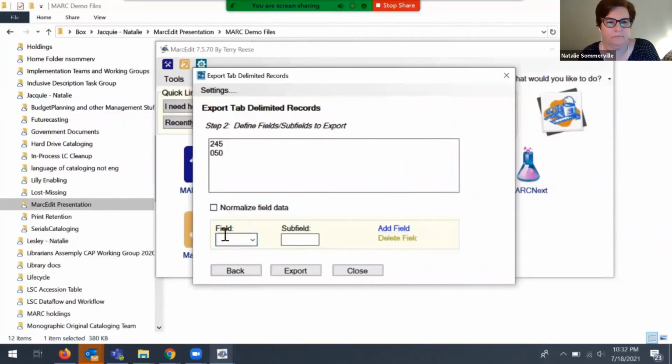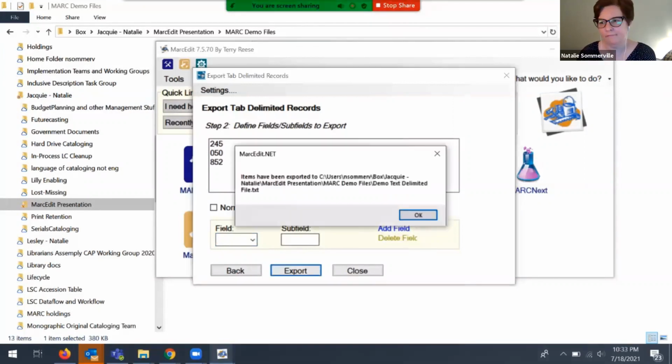And then finally, I'm interested in barcode data, which I know for Duke in our requirements lives in an 852 field. So I add my fields, and once I'm done adding, I click the export button, and I get a message that my data has been exported to my specified directory.